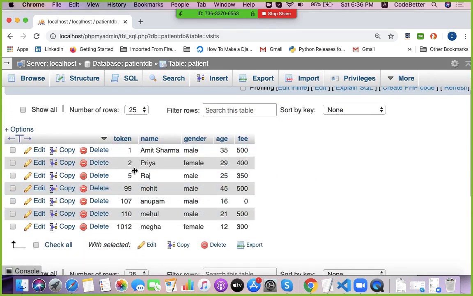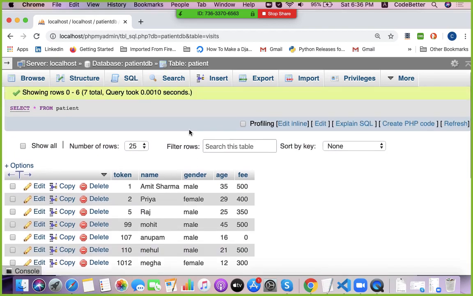The patient table has 1, 2, 1, 5, 110, but there is no token number 12 here. Can you all see that there is no token number 12 here? So there should not be a token number 12 entry in the table because token number 12 doesn't exist.